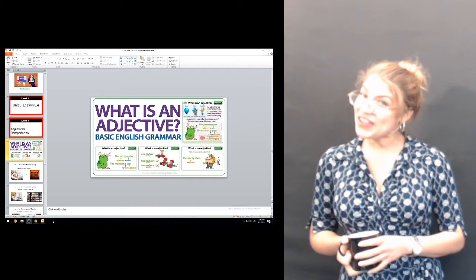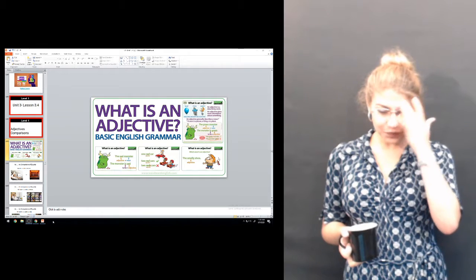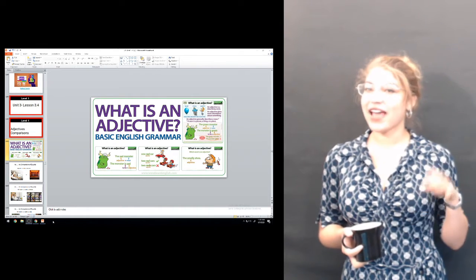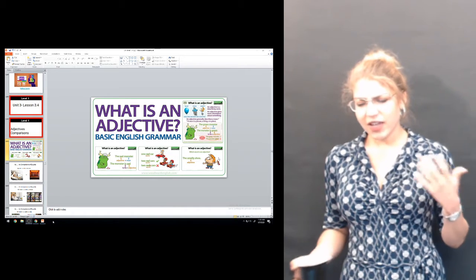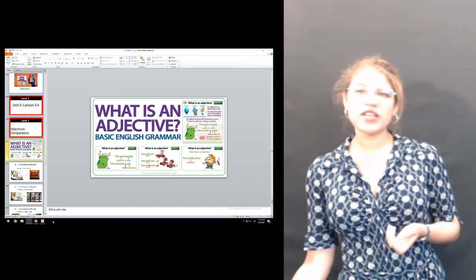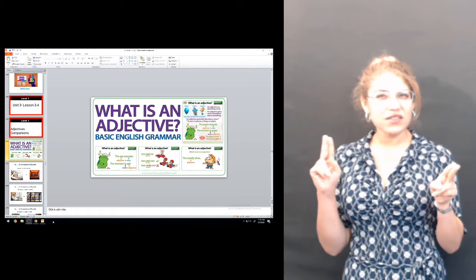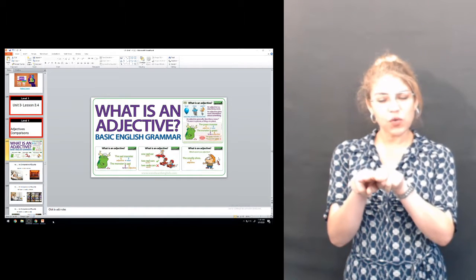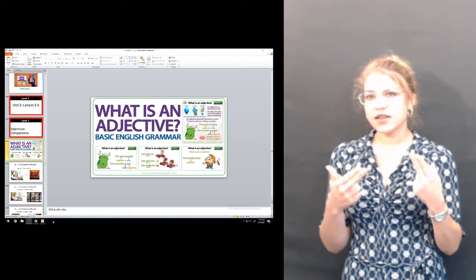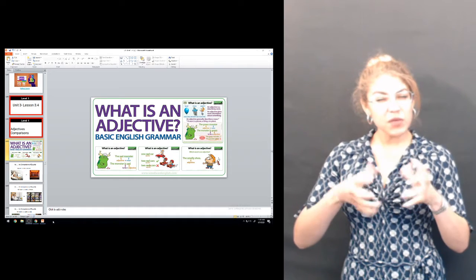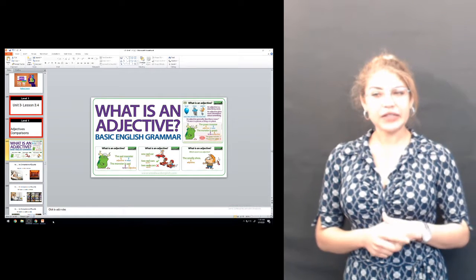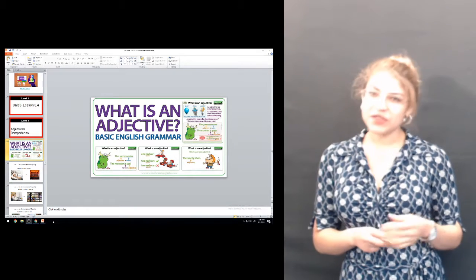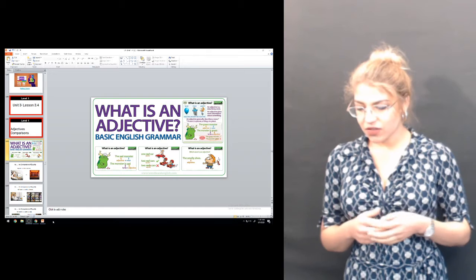Today we have a good lesson. We will talk about adjectives and comparisons. Comparisons are when you have two things that are equal or two things that are similar and different, something like that. So, without further ado, let's start with